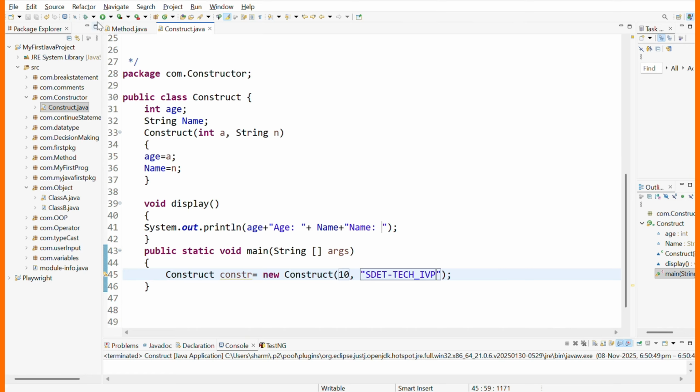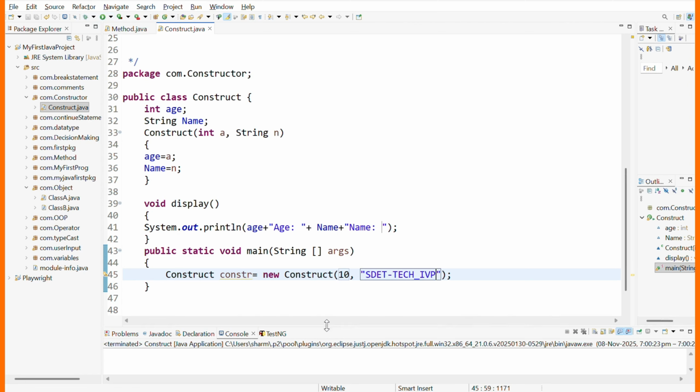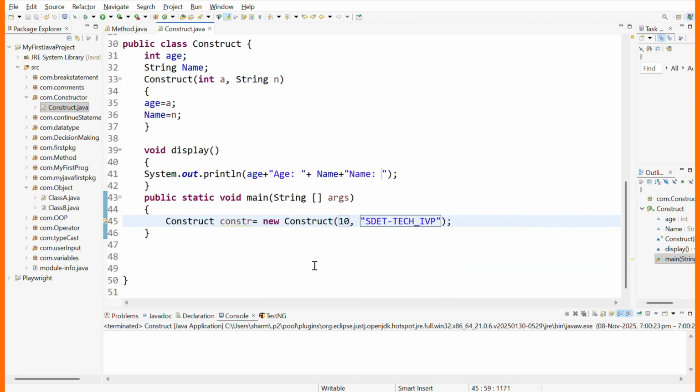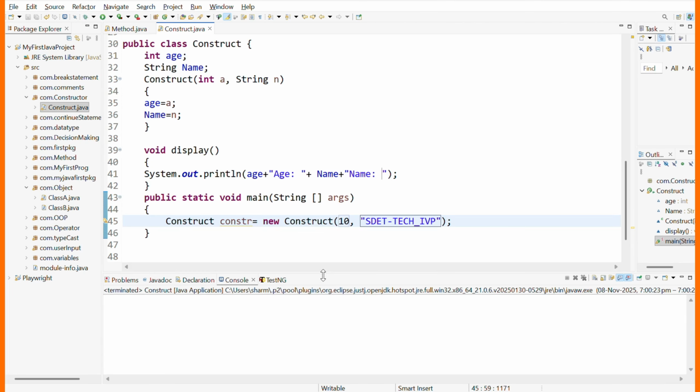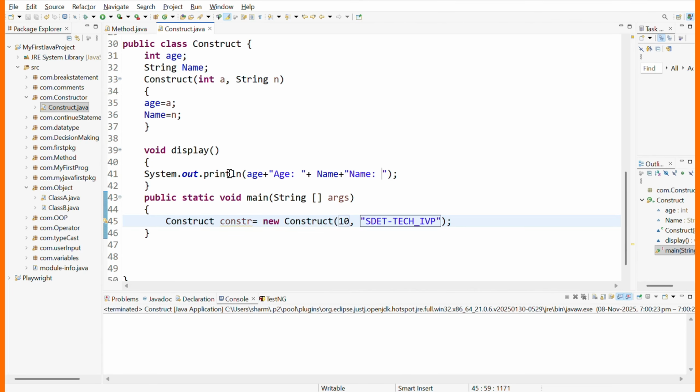Okay, let me execute this program. So what output are we getting? We didn't get anything here. Okay, why? Because we have not provided the print statement right now. So how can we use the print statement for this one? So for this one what we can do,